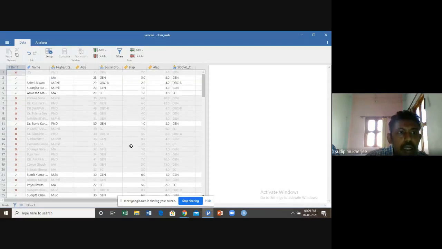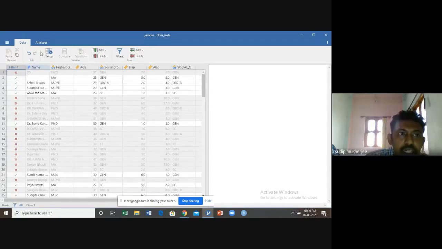And click outside. Just see, another variable is created here, named filter1. The individuals with age 30 or less are ticked with a green tick, and all other observations are crossed.